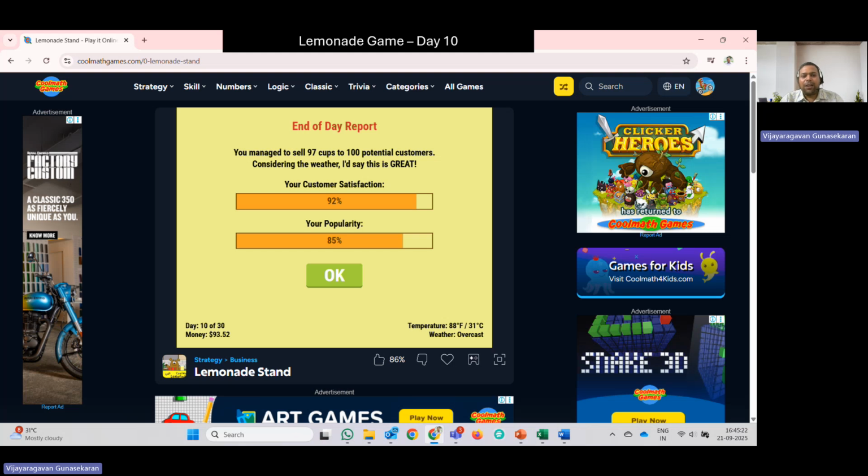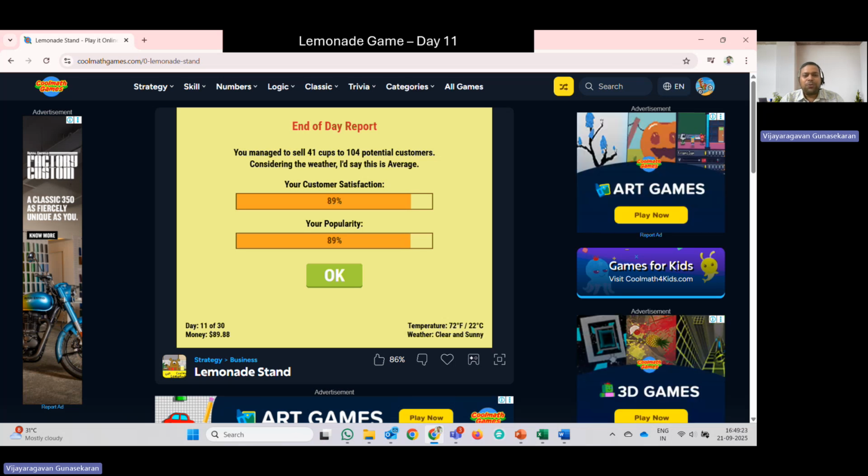So on day 10, I was able to make a sale of 97 out of 100 potential customers, still maintaining a customer satisfaction of 92 percent, and popularity again increased to 85 percent. Still I am at 35 cents per cup. Going back to day 11, very similar, but since it was cool weather, I wasn't able to